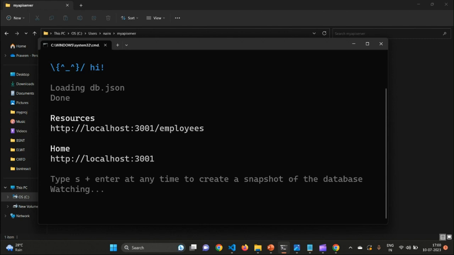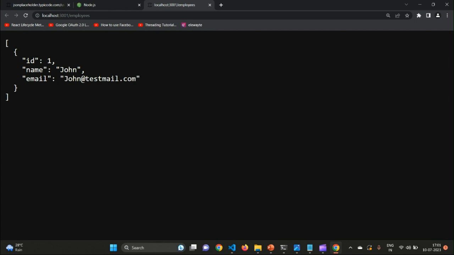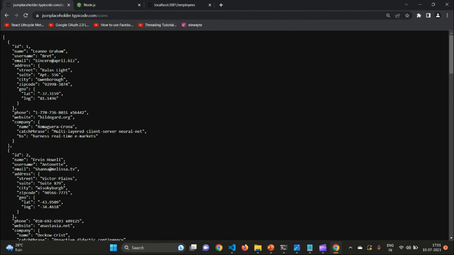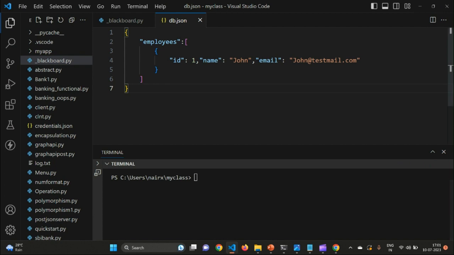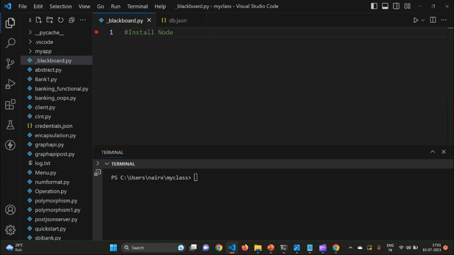Okay. Now if I just open this, hold down the control key and click, or you can copy paste the whole URL and open in the browser. See, in the browser you can see an API kind of thing, right? So this is exactly similar to this JSON placeholder which we have seen earlier. So now we have our own local API which is running in our computer. Okay, and the URL is this. So let's go ahead and access our own API, and we know the URL and everything, right? So what we do,